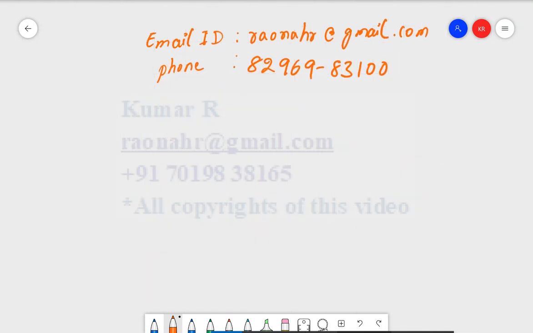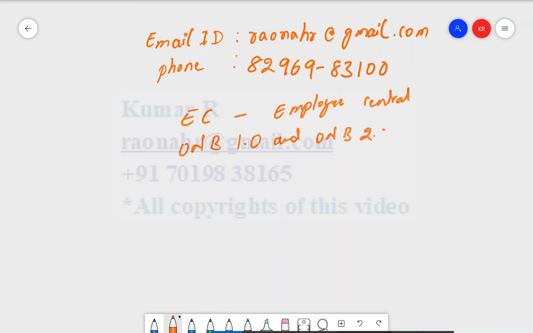Let's know about the modules in SuccessFactors. We have EC, which is a core module in SuccessFactors, and we call it the Employee Central module. We have onboarding 1.0 and also onboarding 2.0, which is the latest version. If someone would like to take the certification in onboarding 2.0, the prerequisite is the Employee Central module. So a consultant should be certified first in Employee Central, and later they are eligible to take onboarding 2.0. We also have compensation,